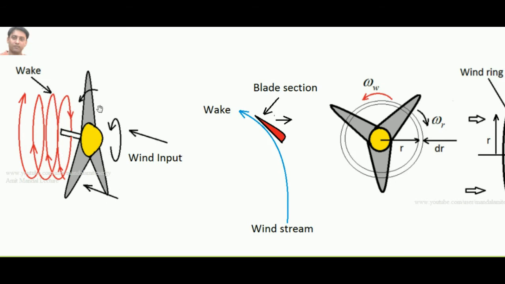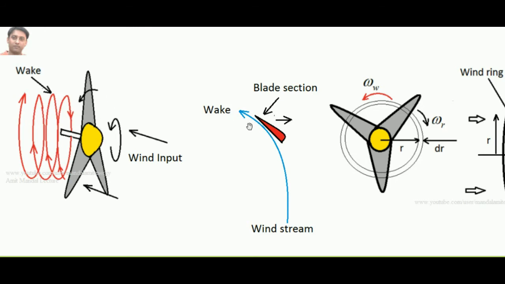This is the wind turbine we can see, and this is the wind coming in the axial direction. What happens when the wind strikes the blades and then goes away is that it starts whirling. You can see these red colored lines showing the whirl of the wind. So the wind which is leaving the blade after doing its job is called the wake. The direction of rotation of the wake is always opposite to the direction of rotation of the rotor. If we are viewing from right to left, then this blade is moving in the anti-clockwise direction, so when the wind leaves, it will start spinning in the clockwise direction, opposite to the direction of rotation of this blade. Why is it so?